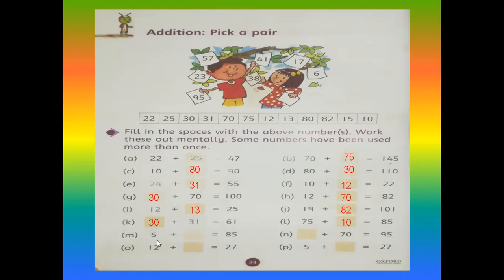M part. 5 plus dash is equal to 85. What a very big difference. This is 5, a very, very small number. 85, a very big number. It means the second number